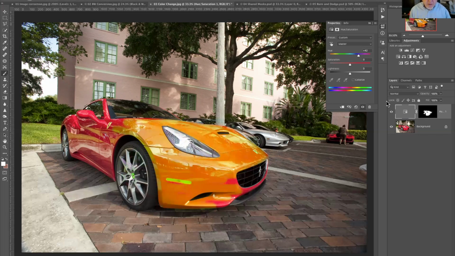And here's one other thing that a lot of people don't know. Let's say that we've got the color changed version of our car, but we also need the original too. So instead of having to have two separate files, check this out. With this adjustment layer, we can turn it off. We've got our original, we could print it like this. We turn our adjustment layer back on, we can print it the way it appears now in this color, because